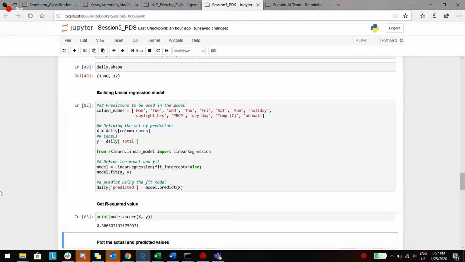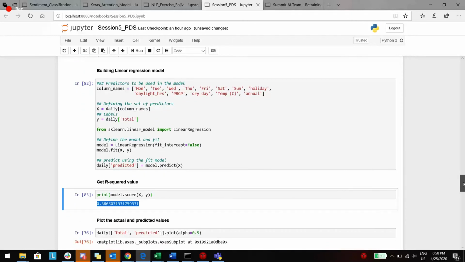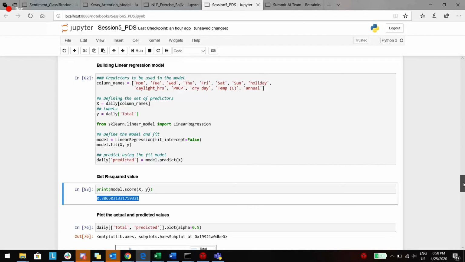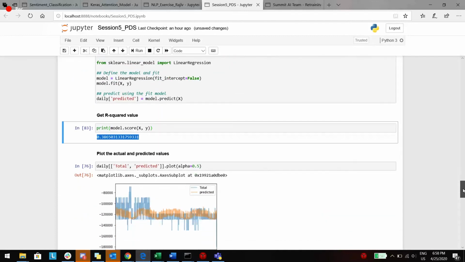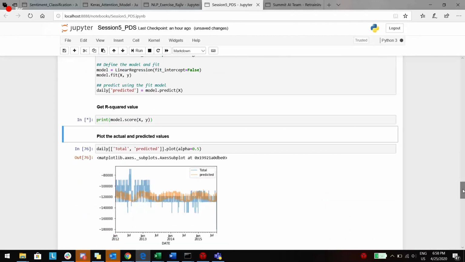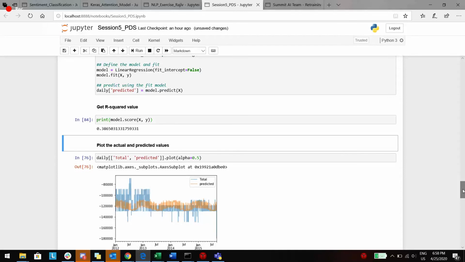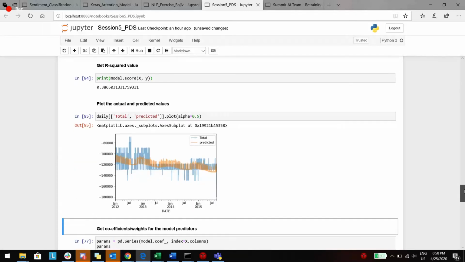Now you see it has improved to 38.65, right? So you can clearly see that they are adding additional value to my prediction and more predictive power to our model. So these two predictors are definitely important. And if you similarly try to look at the predicted and actual value.